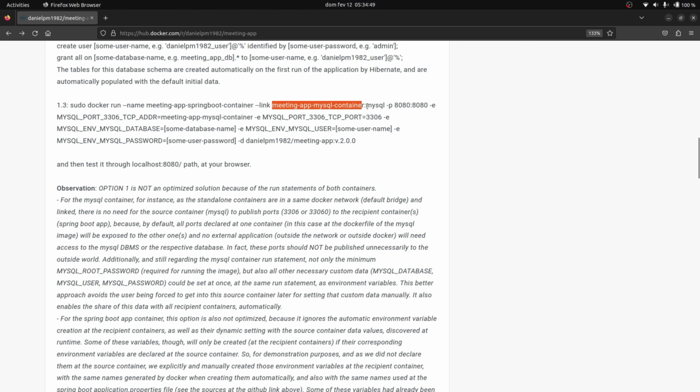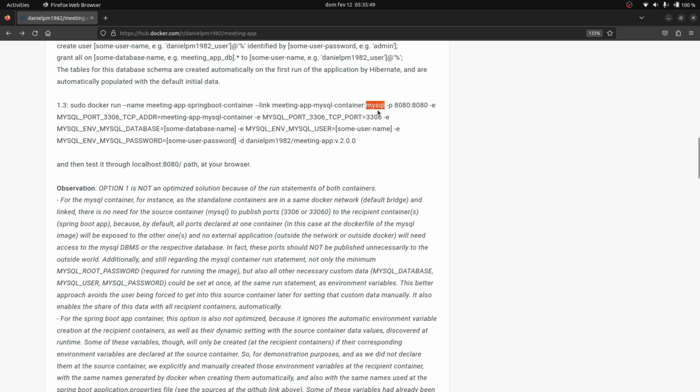And here we set the alias name for the link connection. So the link here will have as recipient the Spring Boot container, and will have as source this meeting app MySQL container, and as alias for that connection or link, it will have this value here,